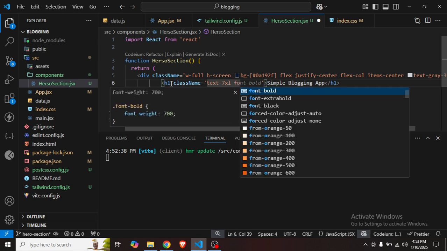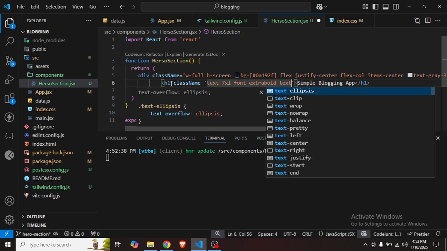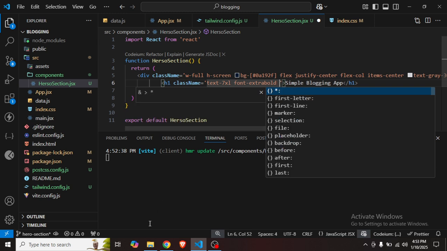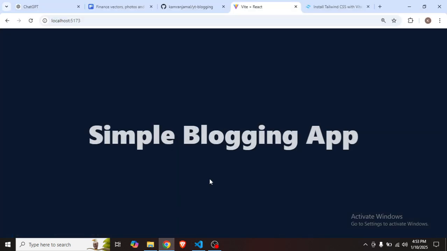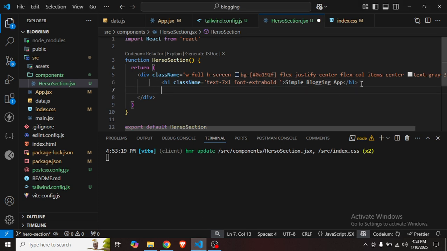Font should go extra bold, and text should be white, I think. Yes, it's already white. Now let's see. Here you can see the simple blogging app is now shown, and I will have to write here something like